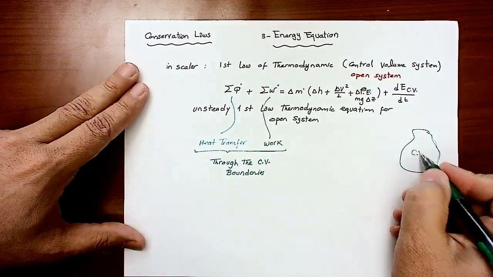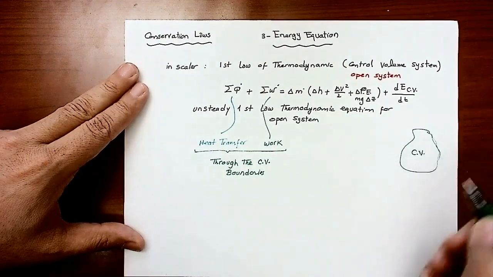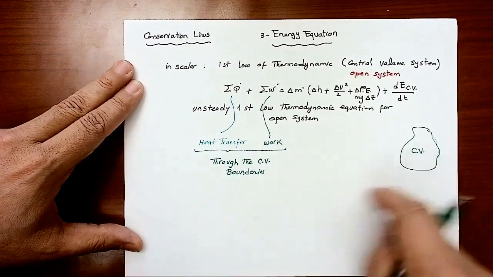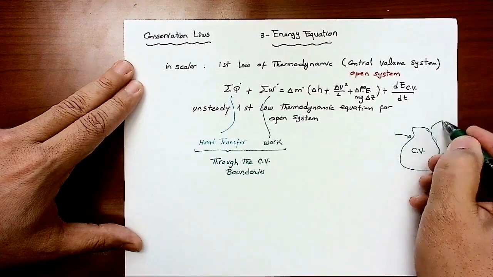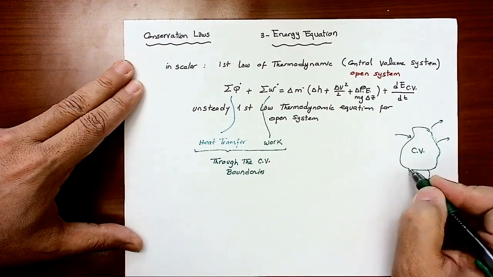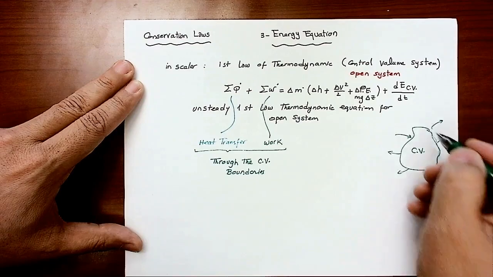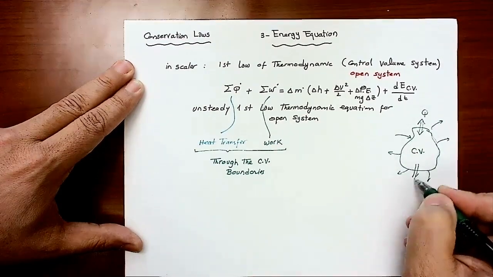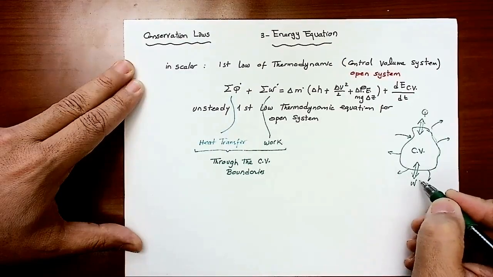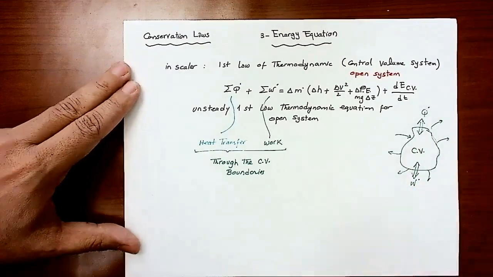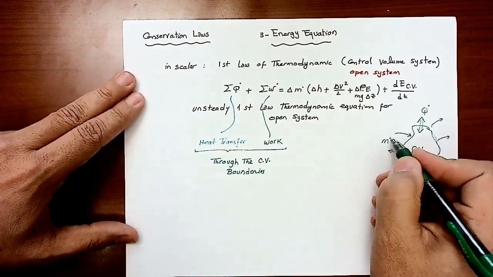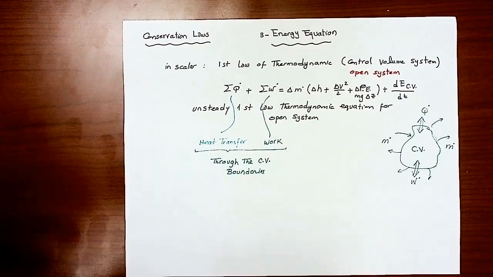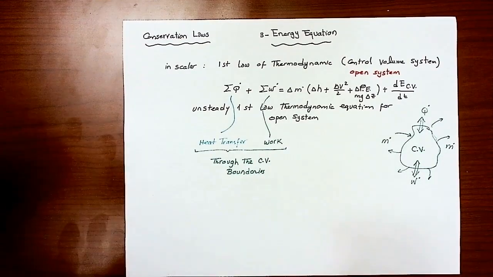That control volume has an initial content of energy, and it exchanges energy with the surroundings through the mass flow rate in and out, and also the heat transfer could be in or out, and the work could be in and out. And we give the dot because that's everything related to time. This is mass dot, this is mass dot here. And each one of these fluids in and out carries a certain quantity of energy